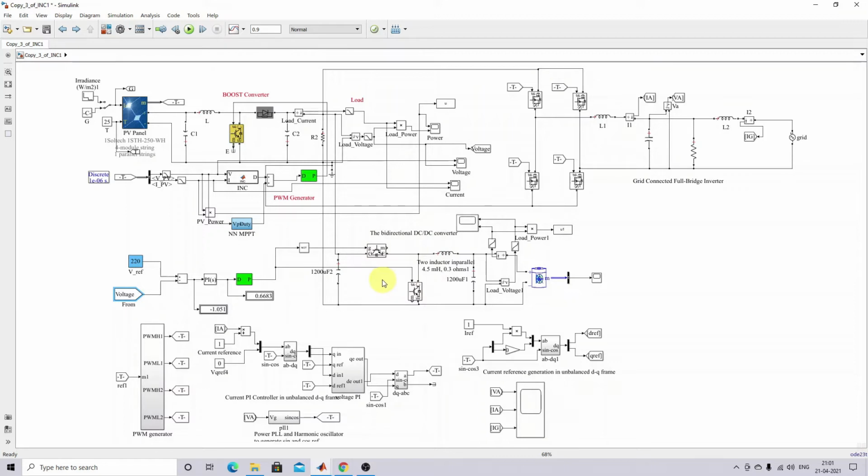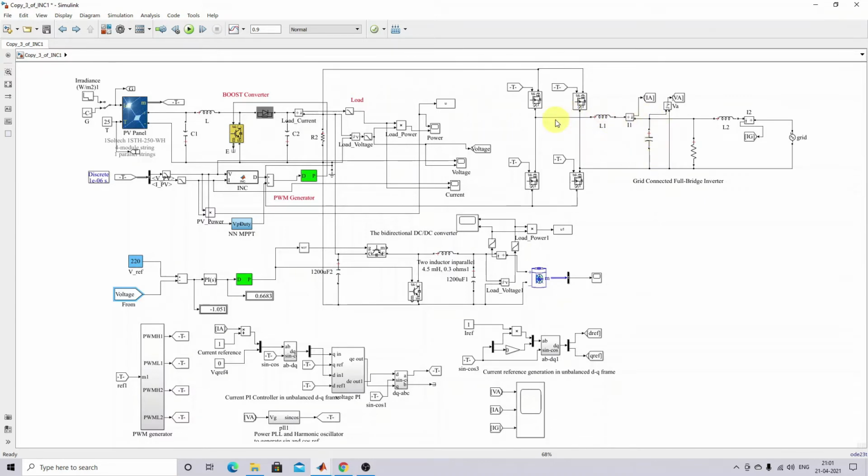Okay. Next, grid integration. In order to integrate the system to the grid, after the DC bus, here we are using a single phase bridge inverter. Normally the voltage from the inverter is a stepped wave, so it should be changed to a sinusoidal wave. For that purpose, here we are using an LC filter. This LC filter is used to filter out the